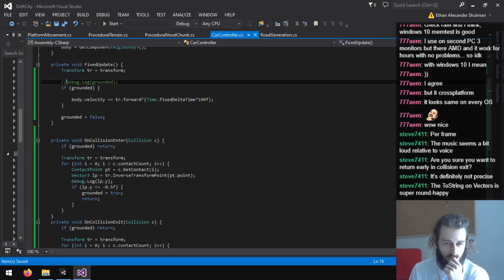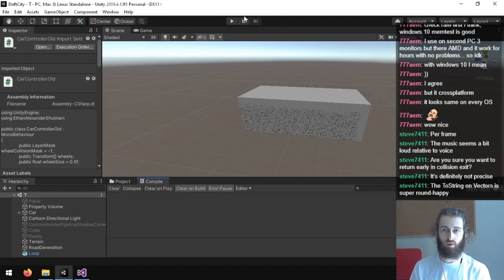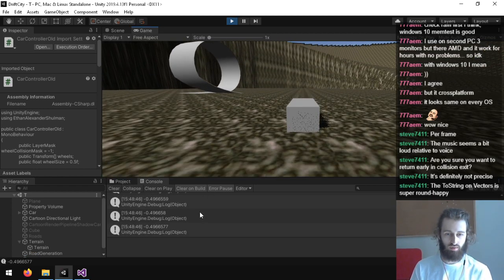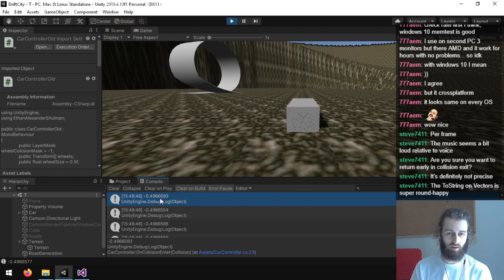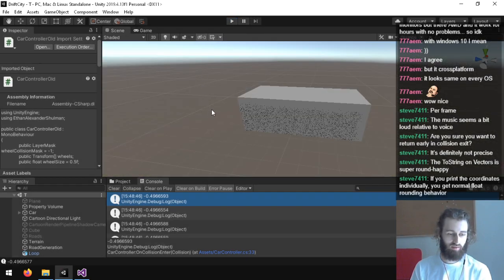ToString on vectors is super round happy. Yeah. So it's probably nowhere near 0.5. That might actually be a big issue, because that is not an accurate number.